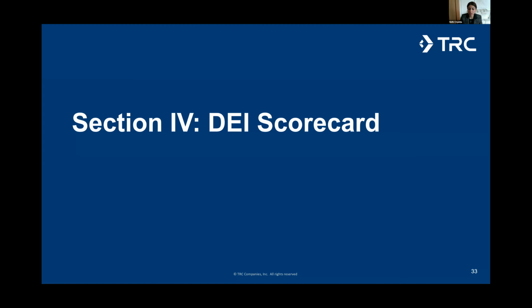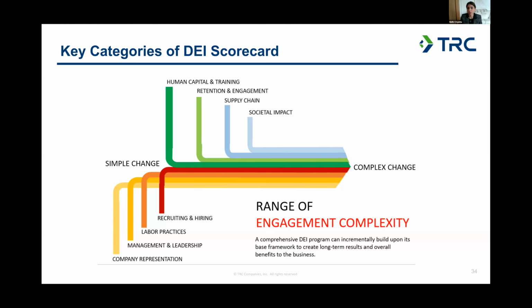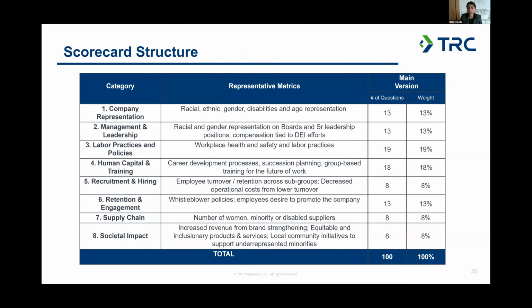And for those who are interested in continuing this conversation offline, we also offer a DEI scorecard, which essentially looks at a lot of the metrics across the categories I outlined earlier in a range of complexity, and then identifies what are those key metrics based on detailed research that's been done on public and private institutions. We craft a scorecard to help companies assess where they are. And this is also utilized for investors who want to better understand the DEI exposure for their given portfolio. And happy to answer any questions about this in the Q&A or offline as well.